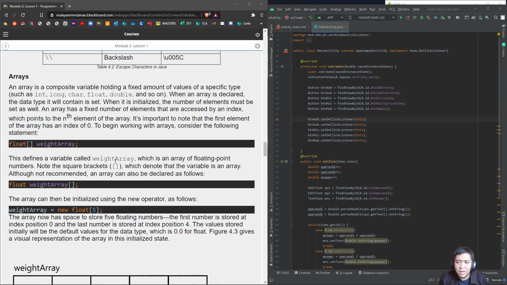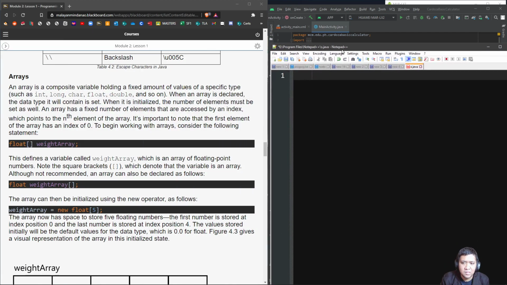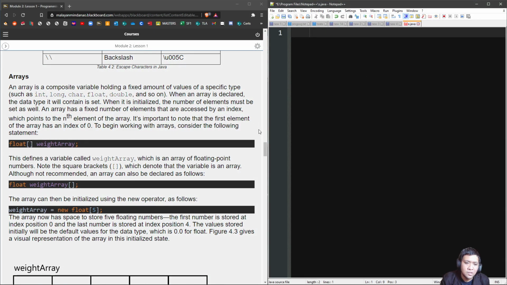So, as an example, I'm going to demonstrate how an array is being used. Here, he declares float array, weight array. Then, the array can be initialized using the operator as follows. So, this as it is